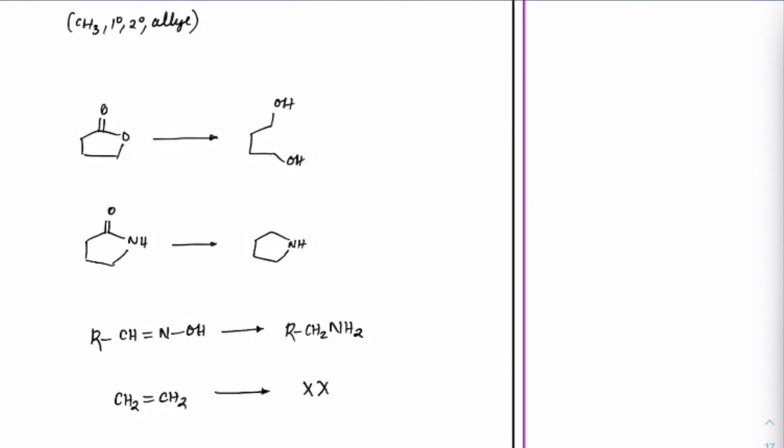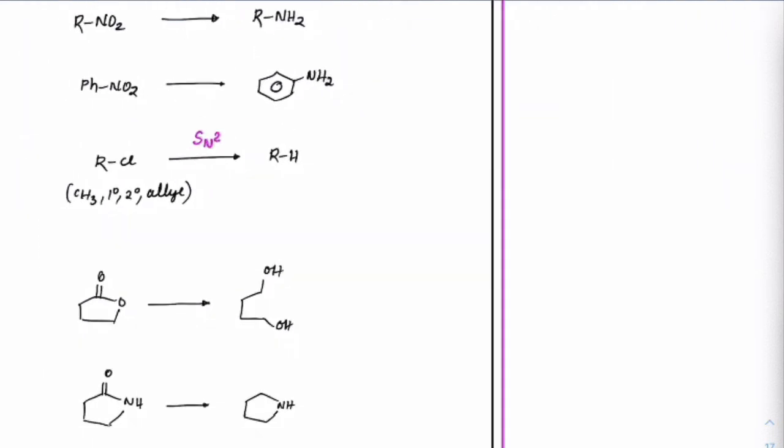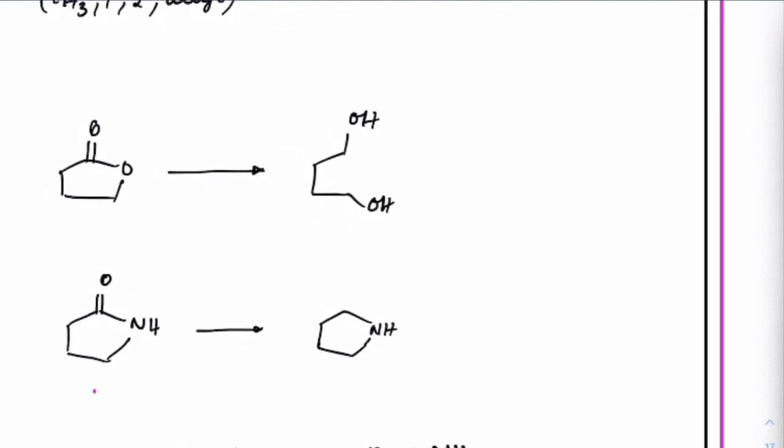Next you see esters, cyclic esters. In cyclic ester, you can check it out. This part is also converting into alcohol, and this part is also converting into alcohol, and the chain got opened. But if you have cyclic amides, this is a cyclic amide, that will still convert into amines only. Cyclic amide will convert into amines, cyclic amines.